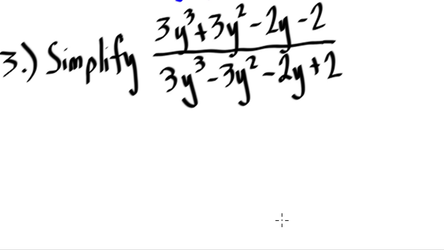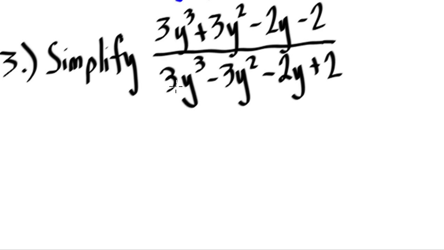So in this number, we need to simplify. We are asked to simplify (3y³ + 3y² - 2y - 2) all over (3y³ - 3y² - 2y + 2). So what are we going to do here first? These are cubes, and we cannot apply any factorization method other than